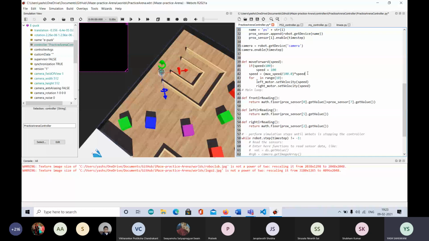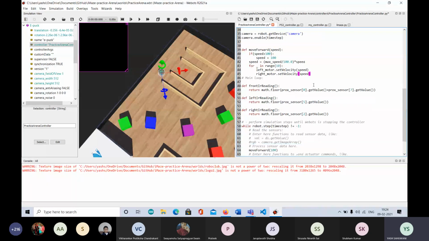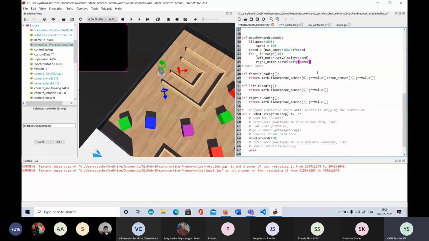So if I specify 100 exactly, it will take 6.27 speed maximum. Otherwise you will have to remember that the value needs to be 5.54 or something that is less than 6.27. But here you can specify anything from 1 to 100 and this will work, right? And this is basically setting the velocity for moving forward.